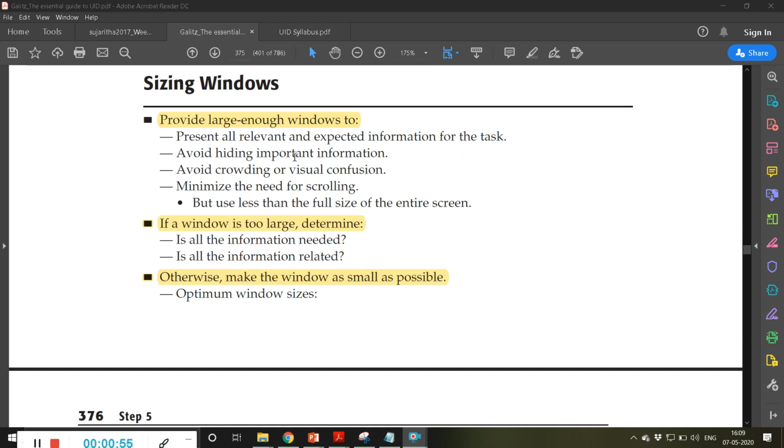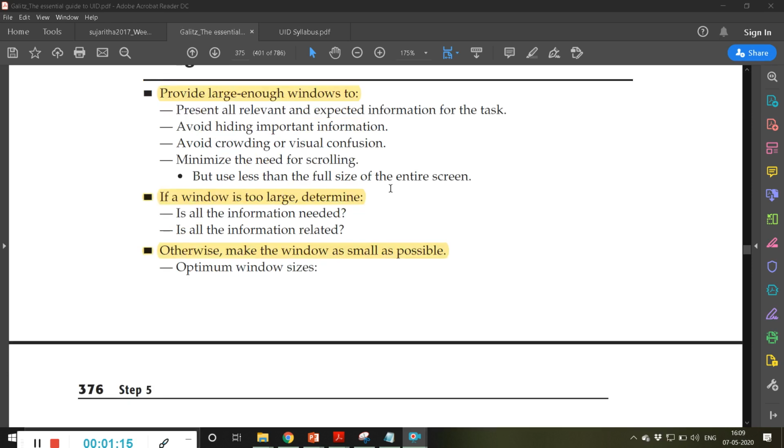Avoid hiding important information. Avoid crowding or visual confusion. Minimize the need for scrolling. So we should not put so much information that the user has to scroll. So either it should not be very small or it should not be too large.